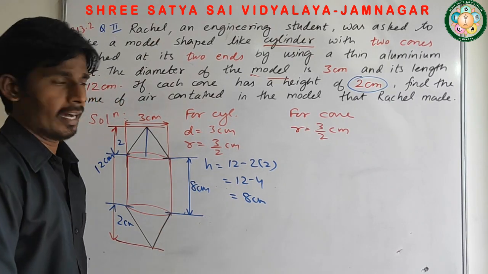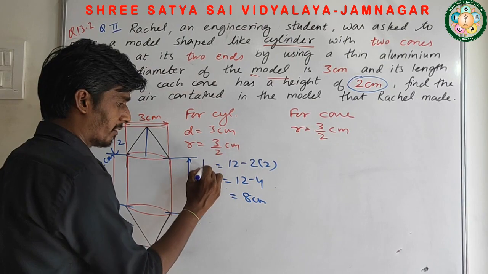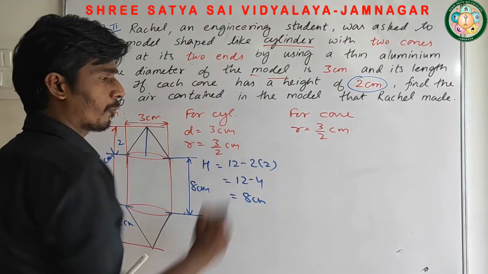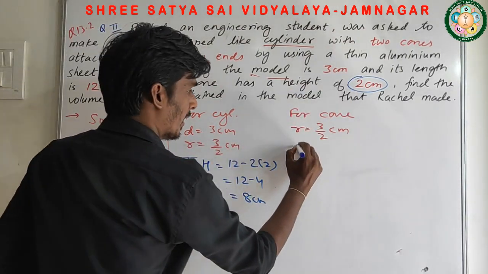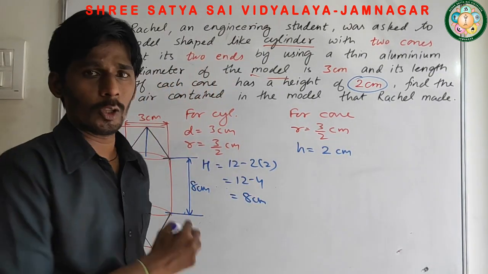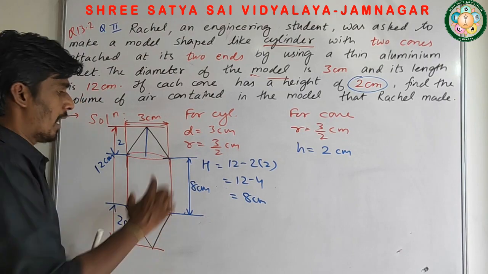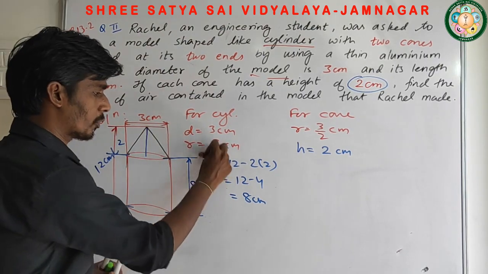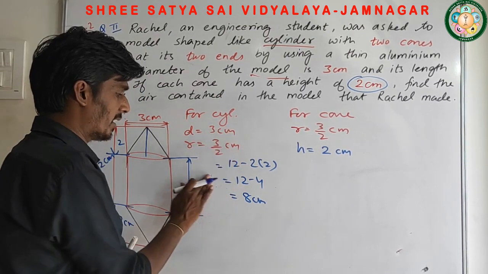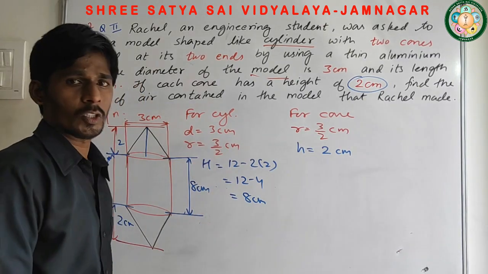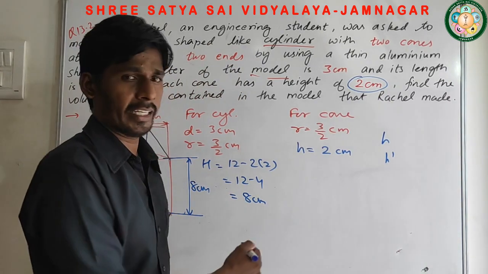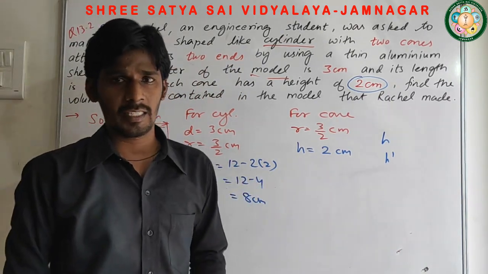So this is the way we got the height. And let's take capital H here. Why am I going to use a capital H? Because it's the height of the cylinder, and the height of the cone is also given, that is 2 centimeter. Here I am taking small h. There are two heights in the same sum. One is the height of the cylinder, another is the height of the cone. So we can't use small h for both. One height we have to take as capital H and another as small h, or you can take h and h dash, you can take anything, but you can't take both variables the same.